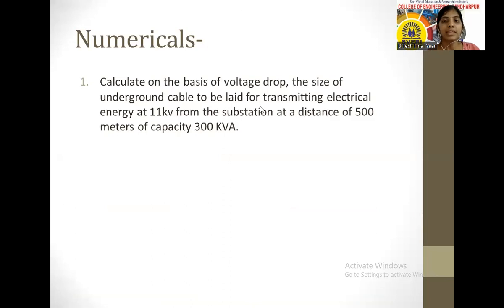Okay. So next, what is given here? An 11 kV voltage level is given, from a substation to a distance up to 500 meters. That means the distance is also given, and a capacity of 300 kVA. That means the power is given as apparent power. Sometimes power will be given in kilowatts, or sometimes power will be given